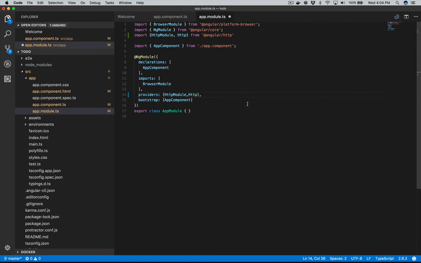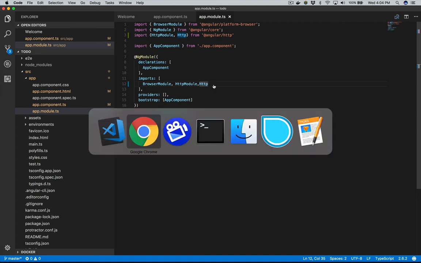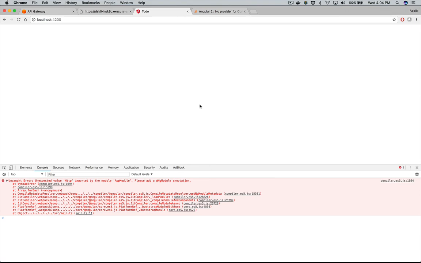Okay, so the fix for that is pretty straightforward. Instead of declaring these as providers, we just import that particular module, and that should allow us to use this and inject it into our application. But the error that I get next is this guy, which is if I refresh it, it'll say something like